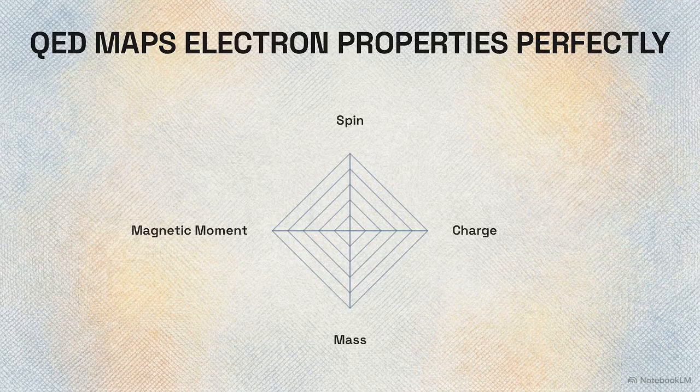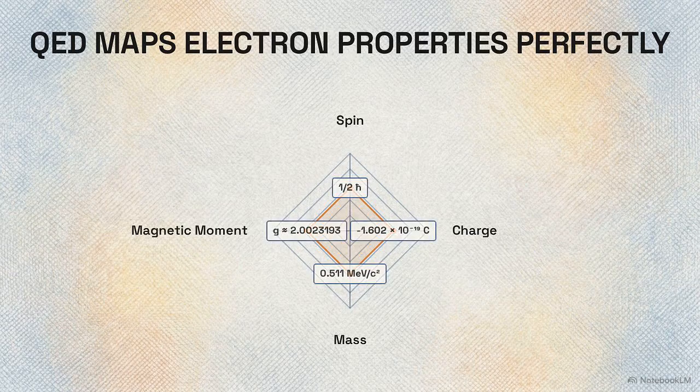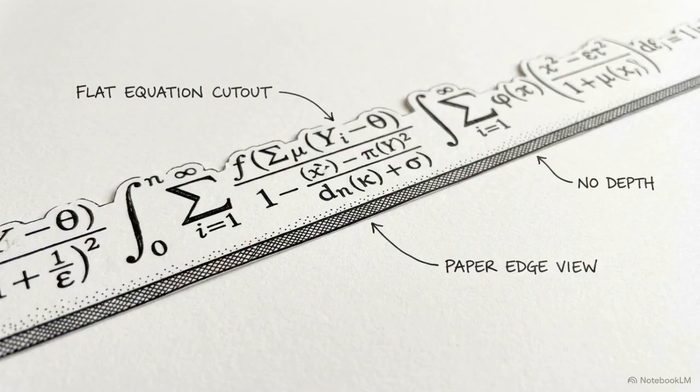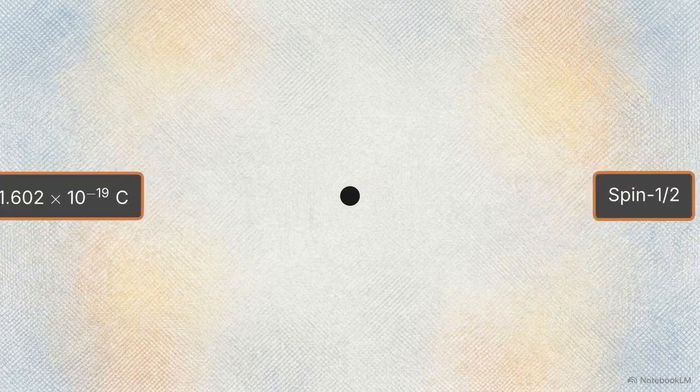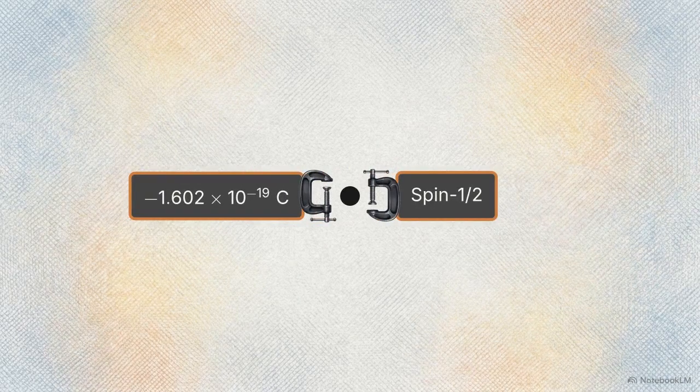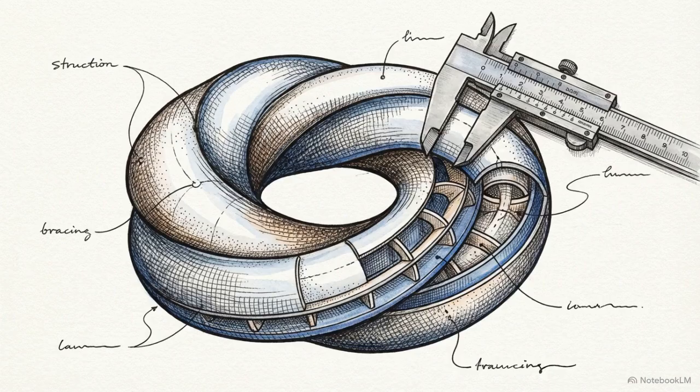Quantum electrodynamics, the theory describing these interactions, predicts the electron's measured properties, such as its spin and charge, with remarkable precision. However, the model offers zero physical explanation for why the electron possesses these specific values. This predictive precision masks an architectural void. Within the Standard Model, quantum properties function as mathematical labels bolted onto a point, rather than traits derived from a physical structure.